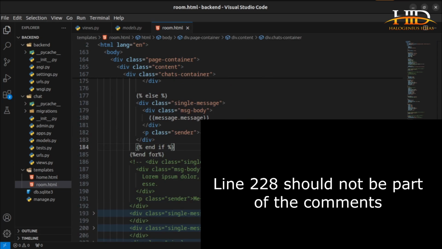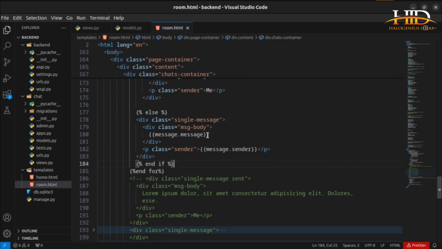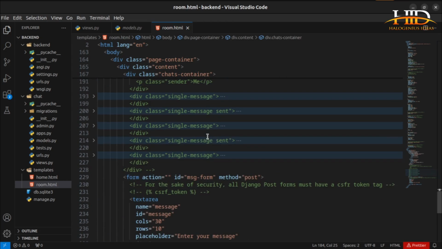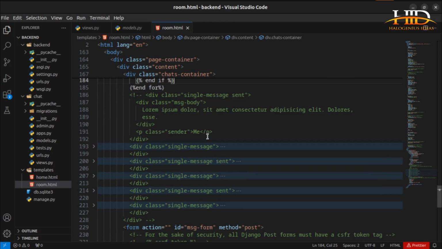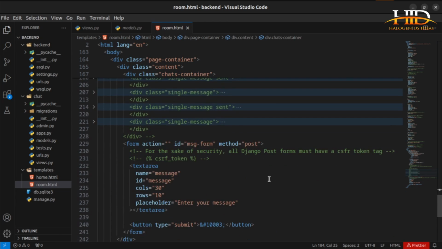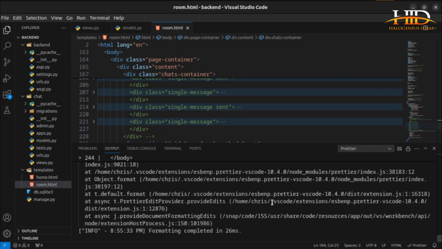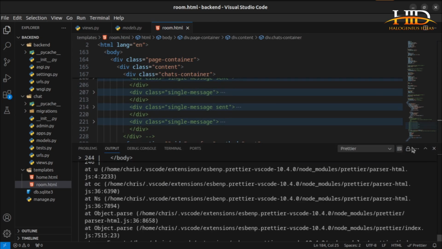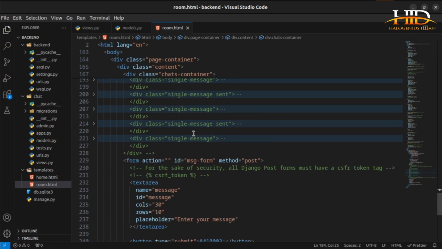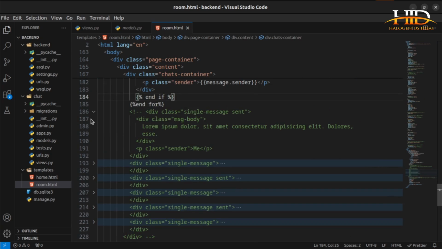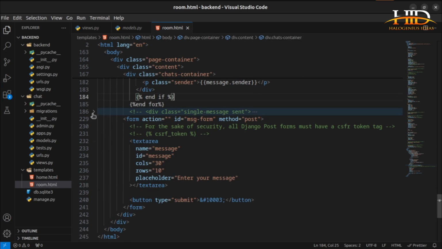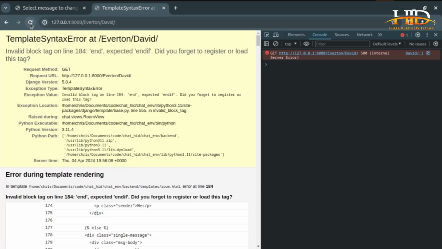Then if I should save this, I'm having a prettier error. What exactly have I done wrong? What happened? I don't think I made any mistake anywhere. I only commented out what I didn't want. If I reload this,